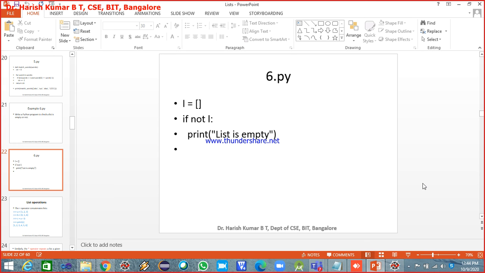If not L, okay, this condition will be true if the list is empty, and we have the statement print "list is empty" printed. So at any point of time, if you're interested in knowing whether the list is empty or not, this is what you can make use of. You can make use of the not operator with the list, and the condition will be true if the list is empty, and you can print the list is